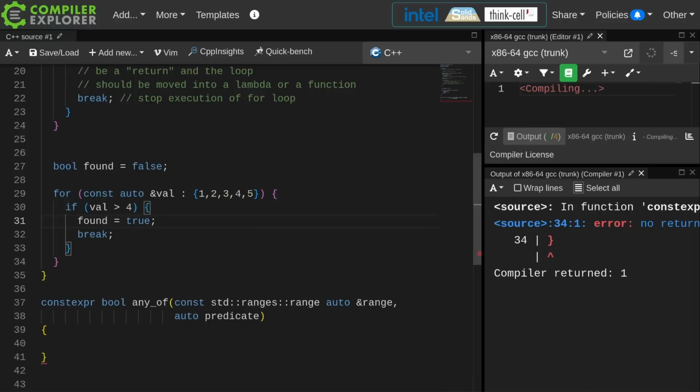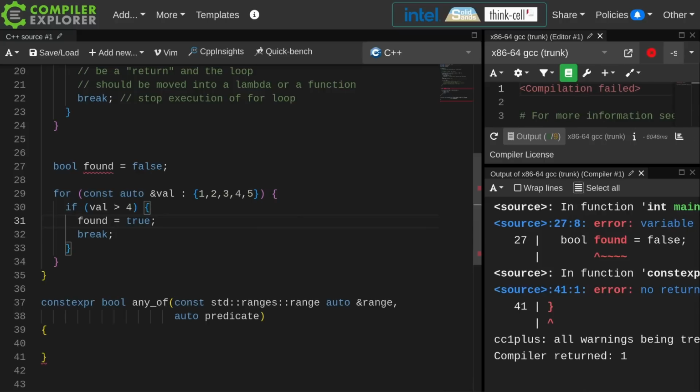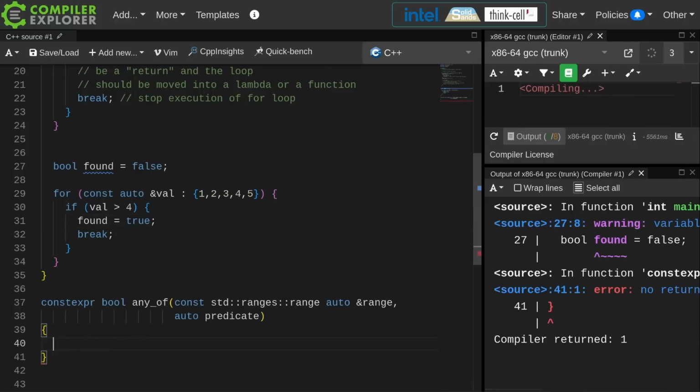And that's often where you see a break statement. If you see break here, this should be an indication to you that what you really want to do is move this into a separate function like the any-of algorithm. Now keep in mind that any-of is already part of the standard algorithms, so you probably don't want to write your own. But if you needed to write your own,